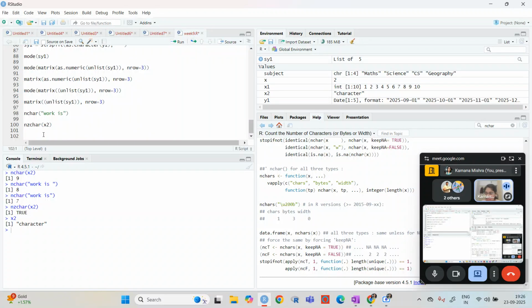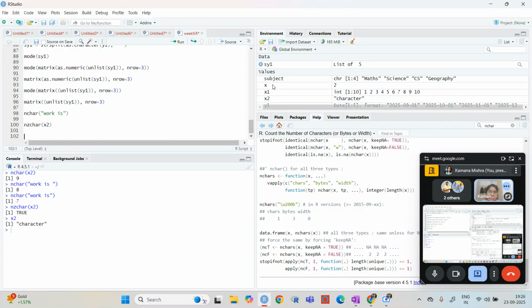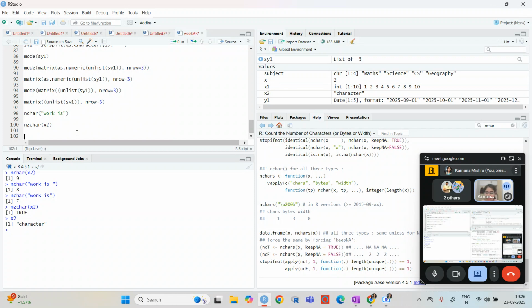Now let's say you have a value where you have not given any character values. So we have x1, x2, y1, so we can take y. Let's say I'm writing the word "parent".